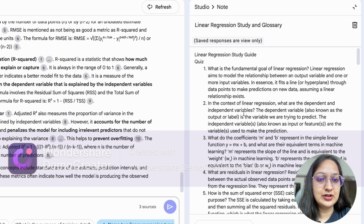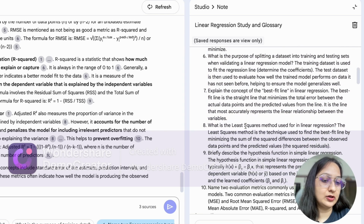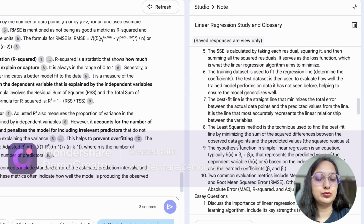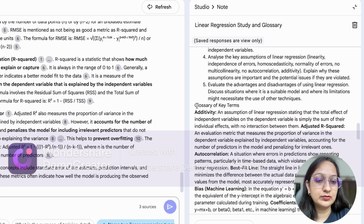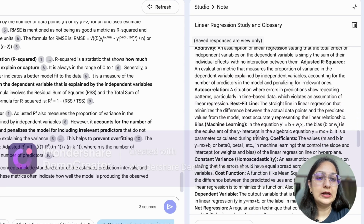So here you can see, first of all, since we are now well prepared with our material and our topic, it gives you one quiz that you can go through and check your learning. There's also an answer key at the end to check the correct answers. There are some long form questions as well. Then it gives you some key terms that you can go through at the end just to revise all of